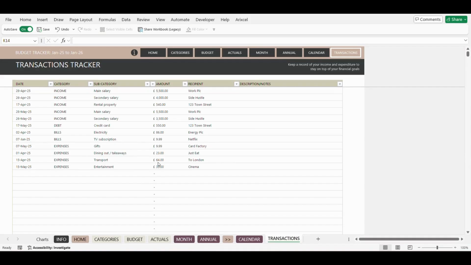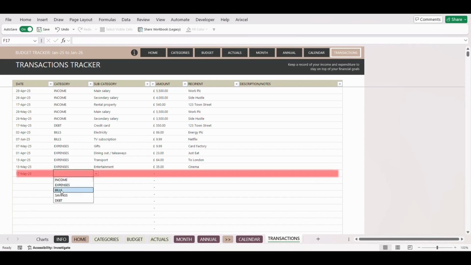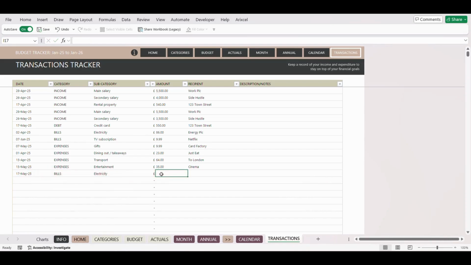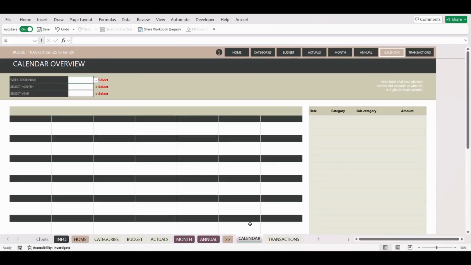You'll also find a transaction tracker and a smart calendar to help you track your income and expenses, whether they are upcoming or have already occurred. There are 10,000 rows to capture your information. You simply need to enter the information on the transaction tracker, head over to the calendar,